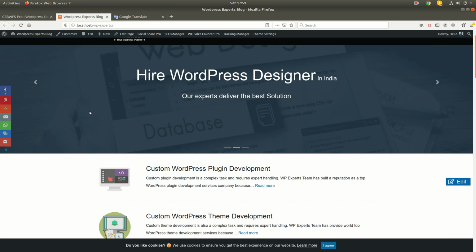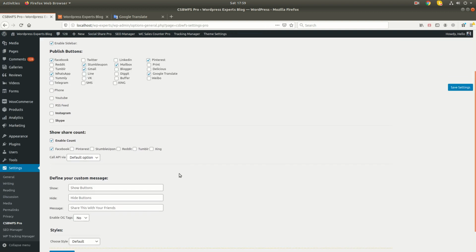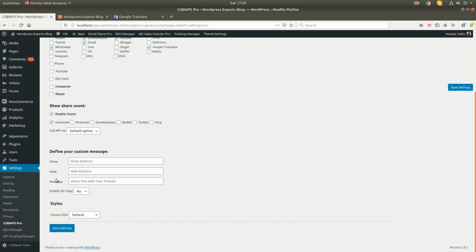Okay, so let's review the other functionality as well. Okay, so we have given two options to call the API. Sometimes the default option will not work on your website, okay, then you can choose the curl option.